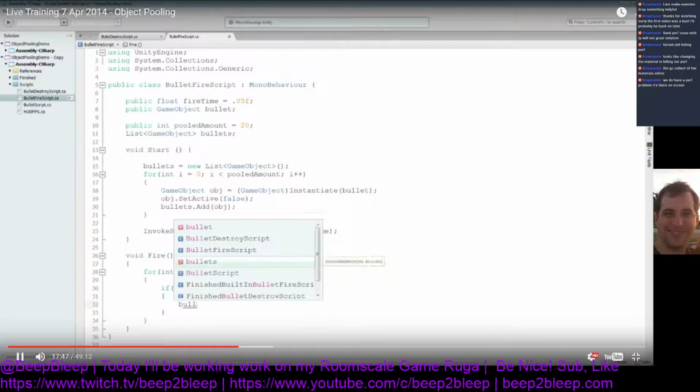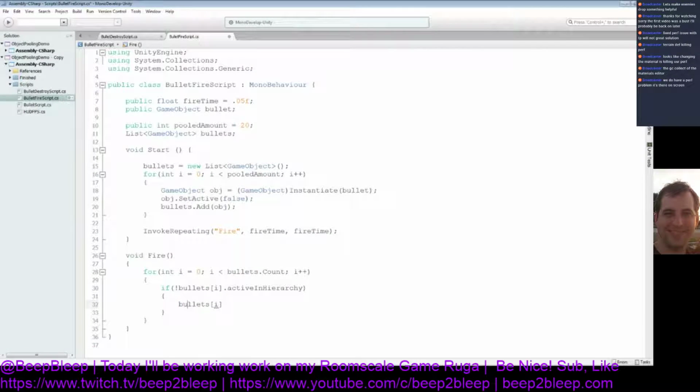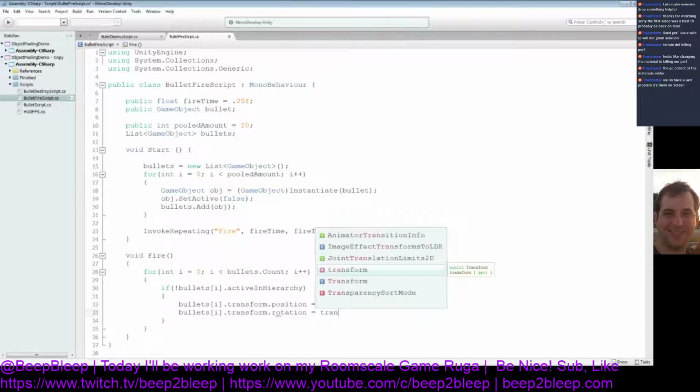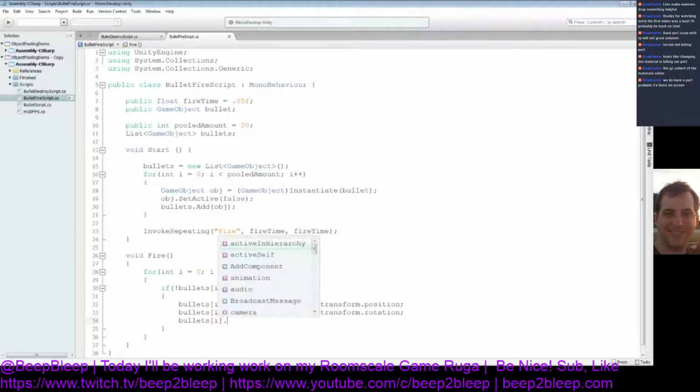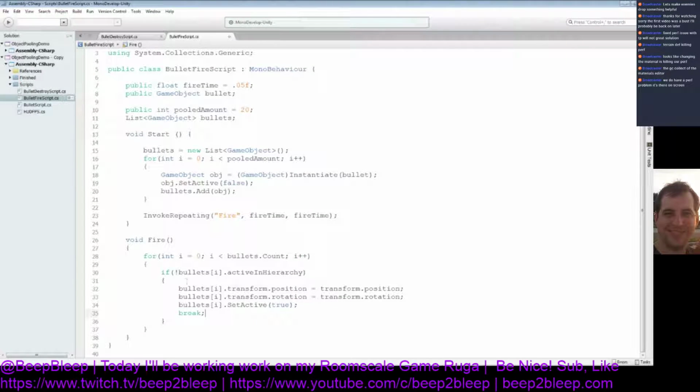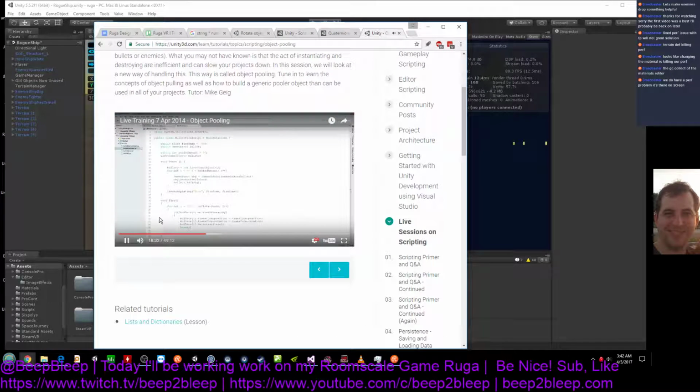I'm going to say bullets[i].transform.position equals transform.position, the position of the ship. That's what I want, I want it to be fired from the ship. Then bullets[i].transform.rotation equals the transform.rotation, again of the ship, so the bullet is fired the way the ship is facing. And then finally, bullets[i].SetActive(true). That's going to activate my bullet, and now it's going to go flying off into space because it's a bullet. Then break, because I don't want to activate a whole bunch of bullets. So at this point, our object pool